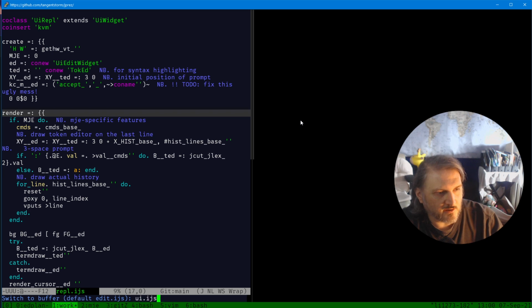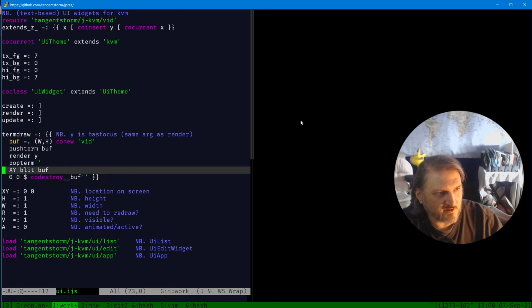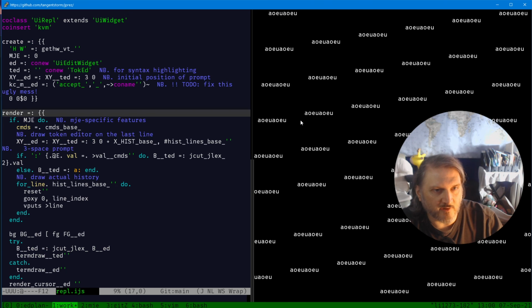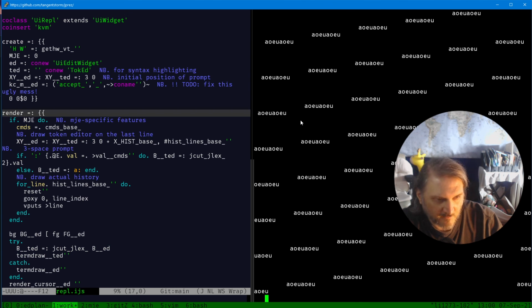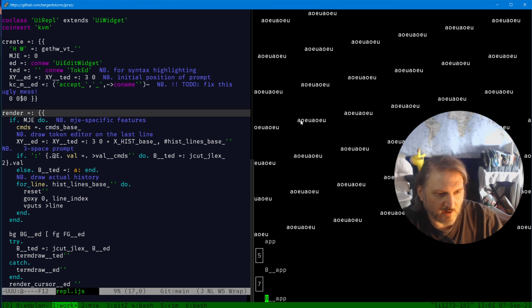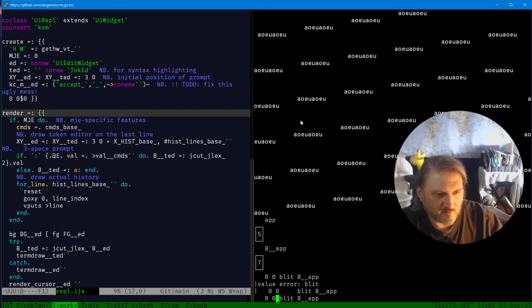In UI.IJS, I commented. Where did that go? Oh, yeah, okay. So we have the problem, and now I'm going to stop this, and I'm going to say, so app is still there. We still have app. App has a buffer that it draws to. So 00 blit VT, blit KVM, blit term,